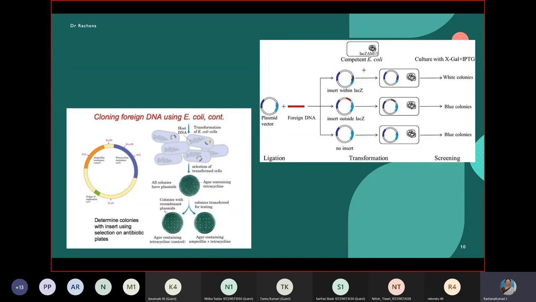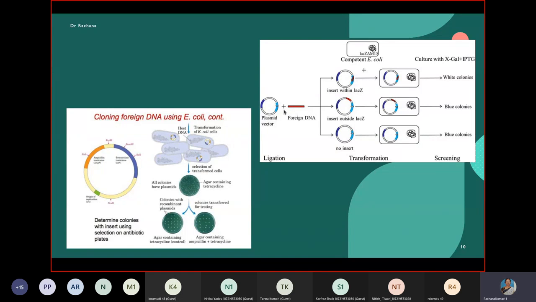This transformation of the cells due to insertional inactivation helps us to find out which of the host cells are having a vector that is carrying the foreign DNA of our interest and those which do not have this inserted DNA fragment. In this case, the selection is based upon using a substrate called X-gal and a colored complex which will be formed when the X-gal is converted by the beta galactosidase on reaction with the IPTG, whether to form the colored complex or not.